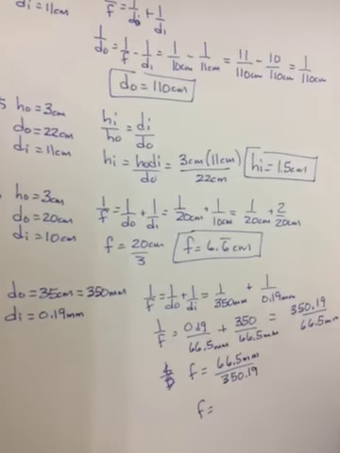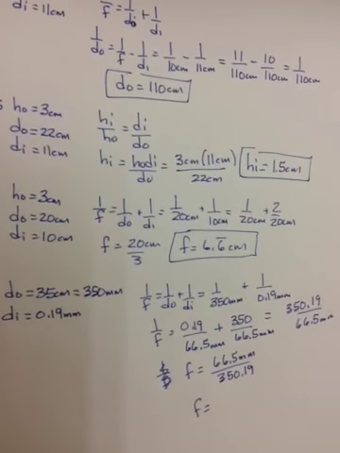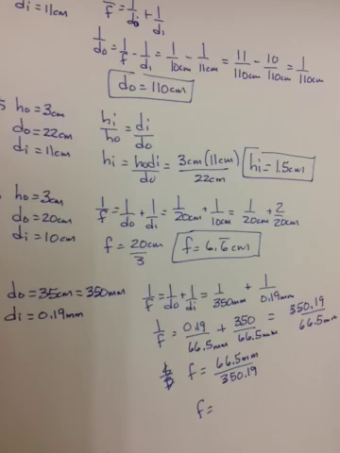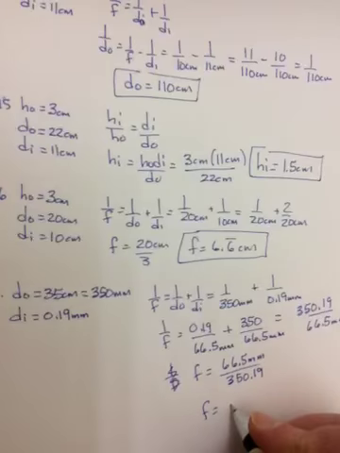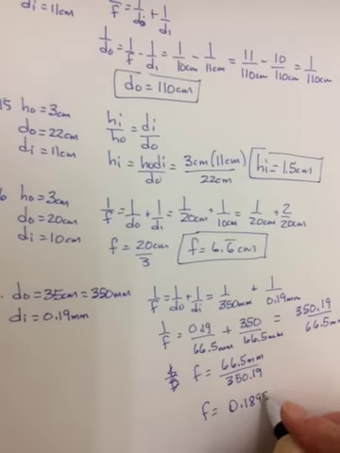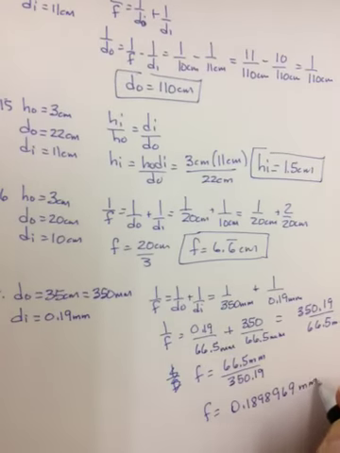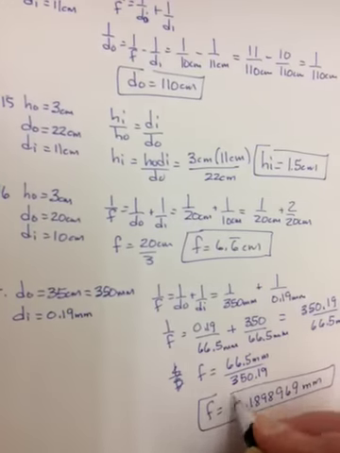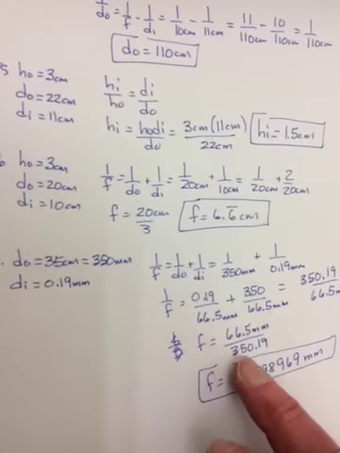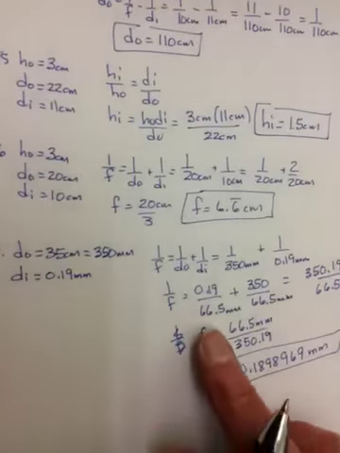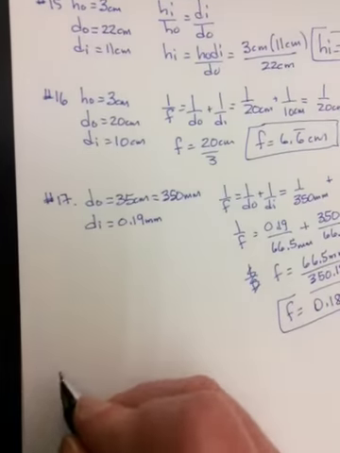F will equal 66.5 divided by 350.19. F should equal 0.189896913 millimeters. Okay, which makes sense. That object is going to be actually a distant object when you have a DI that's 0.19, so it's going to form almost at F. All right, number 18